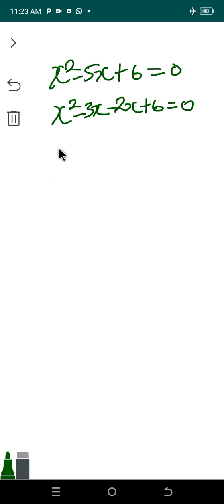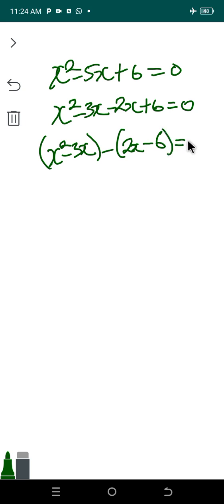So in this situation now, you see that minus 3x minus 2x is the same thing as minus 5x. Nothing has changed from the expression. So let us group these numbers into two brackets. So we are going to have x open bracket x square minus 3x close bracket minus open bracket